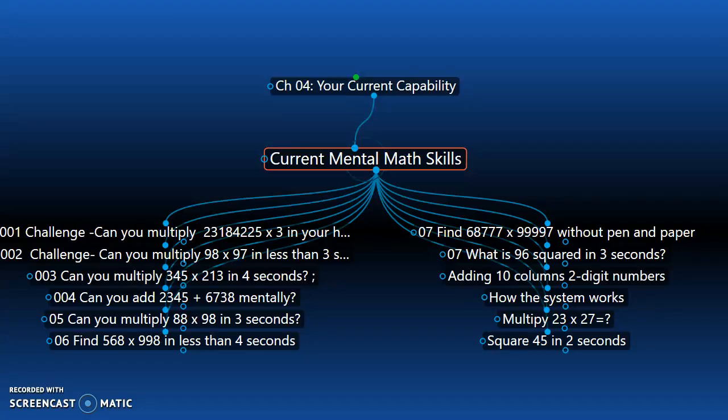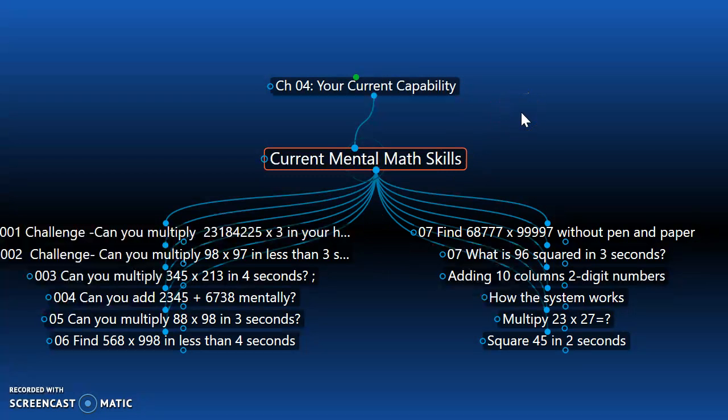In an earlier video, I mentioned the fact that this mind map, this dynamic mind map, is a visual display of information all on one page, so you can see the elements and how they are related. And I showed you some of the challenges to gauge your current mental ability to do mental calculations, mathematical calculations in your head.